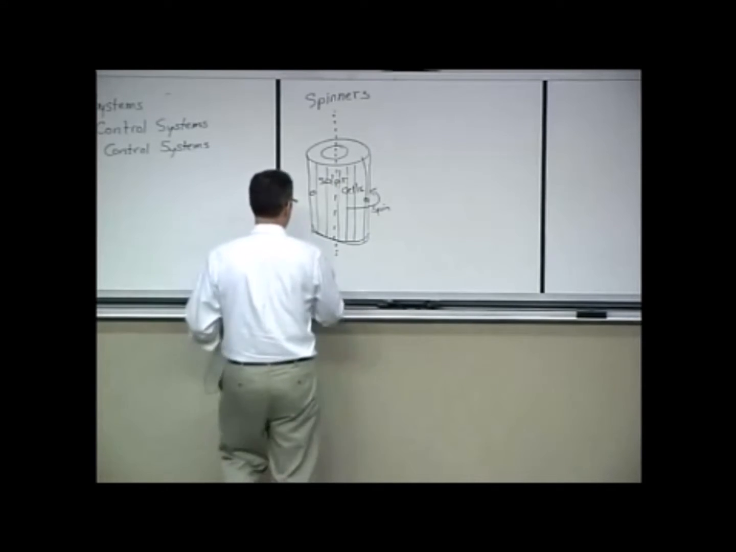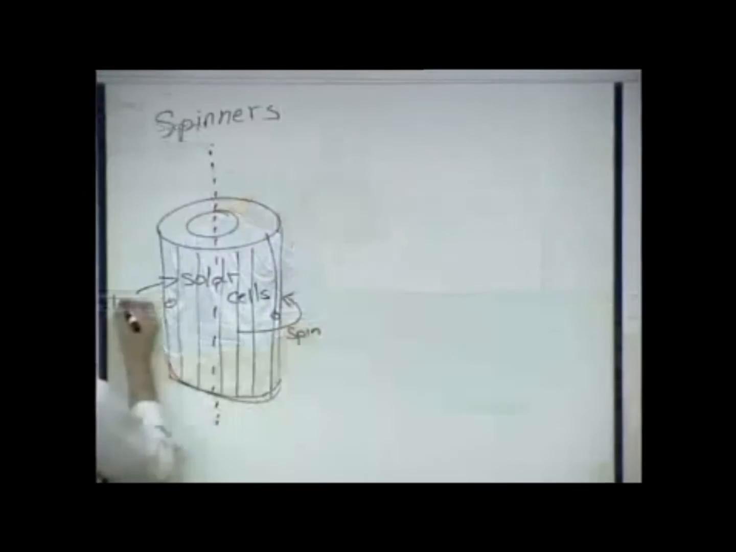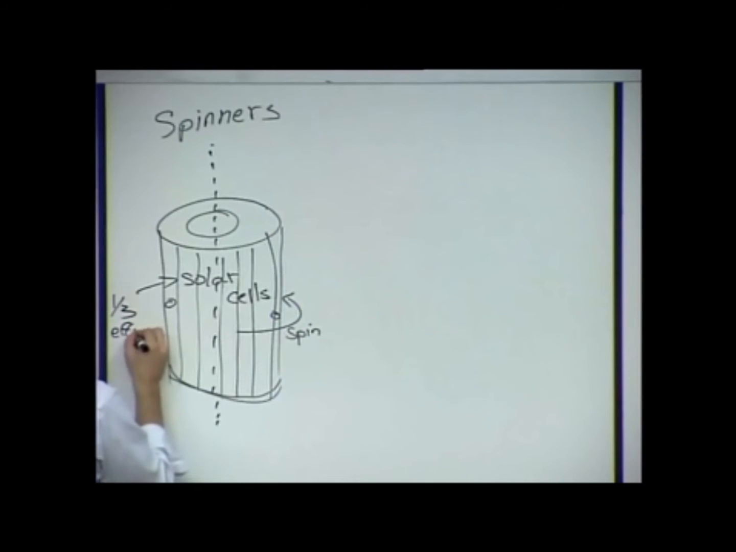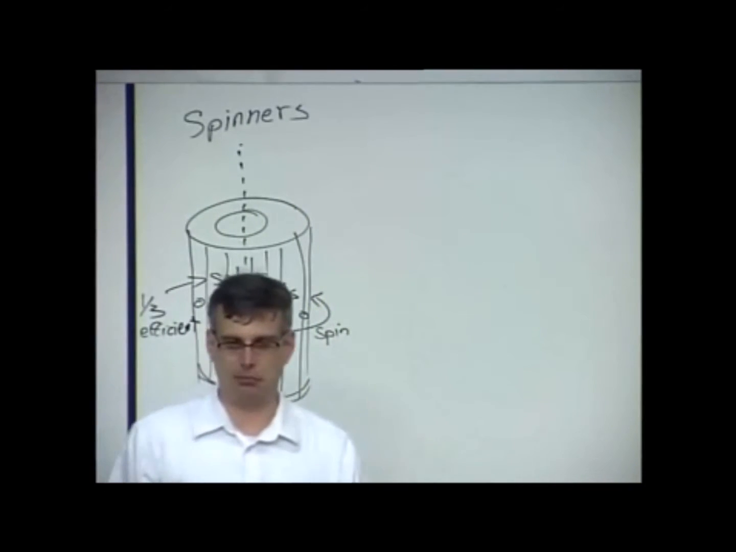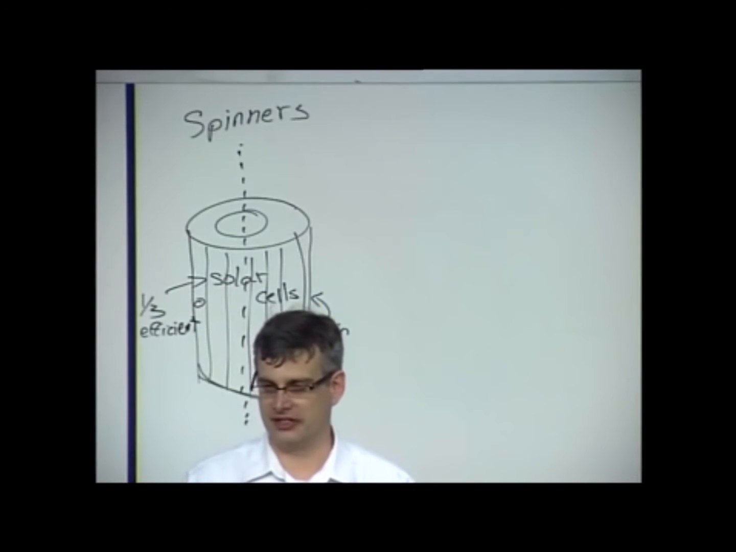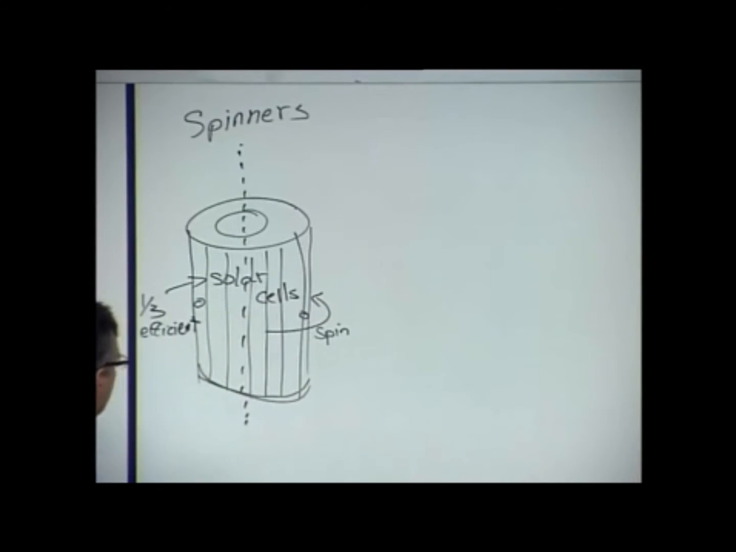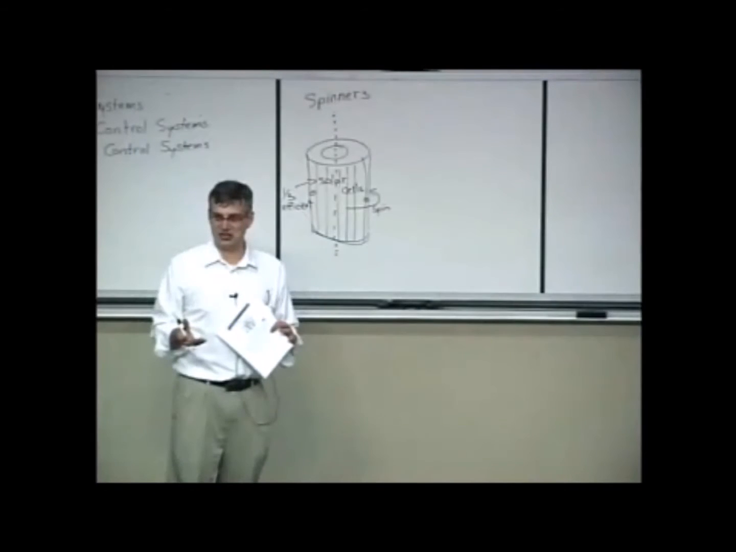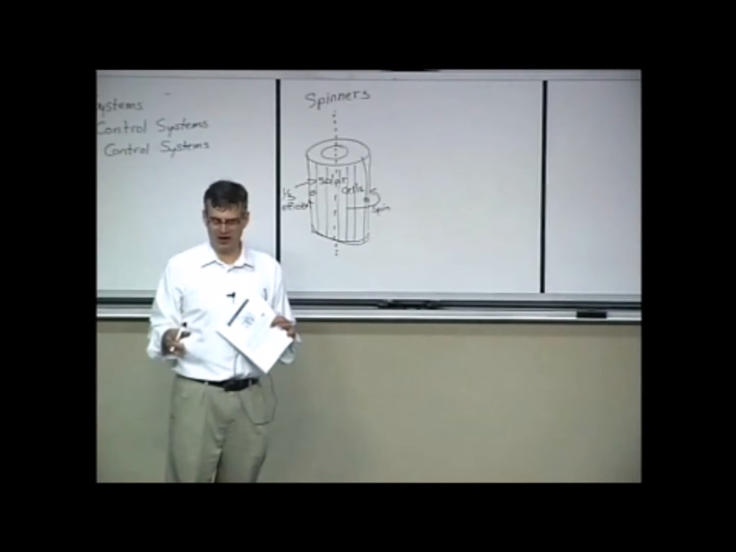So one of the downsides is that these solar cells are only about one-third efficient. But they don't require any fancy pointing or actuation in order to operate. They're always going to be pointing towards the sun. And then the next challenge that you have is that, okay, you've stabilized the orientation of your spacecraft, but